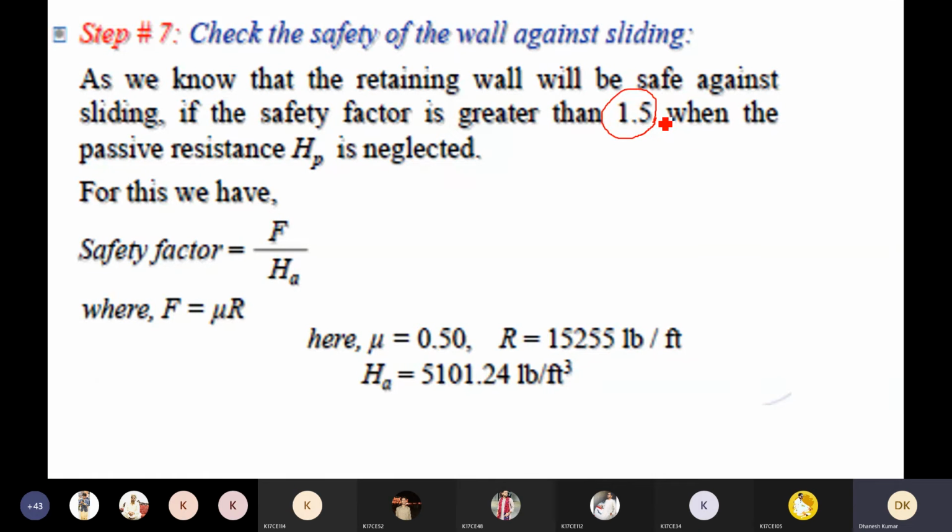Okay, when the passive resistance HP is neglected, it is also saying, because in our problem it is saying that you have to neglect this passive pressure. So for this